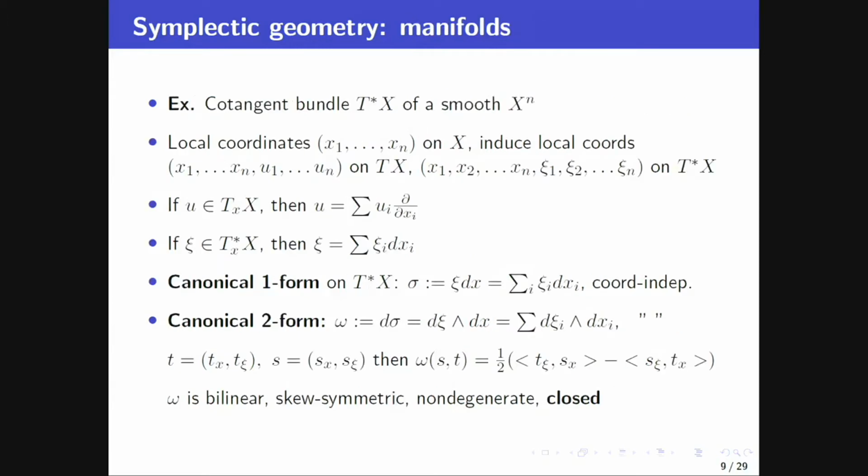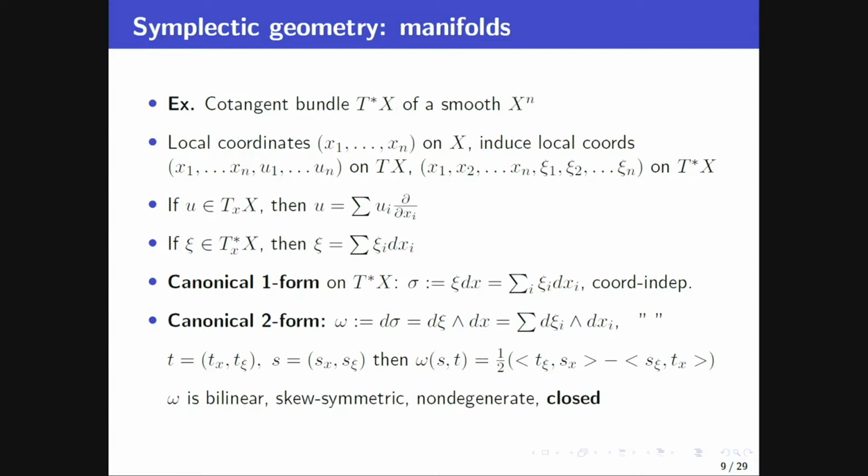Now we continue with manifolds. We're going to introduce again, it was done yesterday, the cotangent bundle using the coordinates. So we have coordinates x1, x2, ..., xn in X. This induces coordinates xu on the tangent space and xc on the cotangent space in the following way. If we have a point from the tangent space, a vector from the tangent space, then u is given by